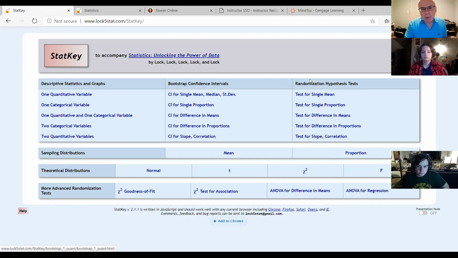But I've taught this course before. This course, again, is relatively new, by the way. It's only the second year. It used to be called elementary statistics, but it's only the second year that it's been taught with this textbook and with this software. So